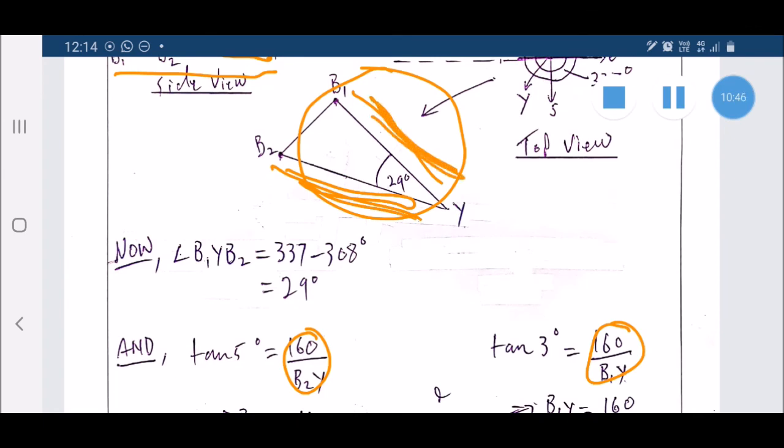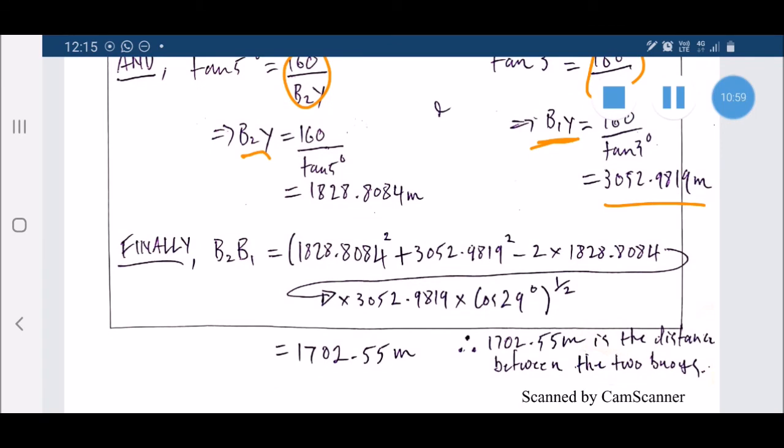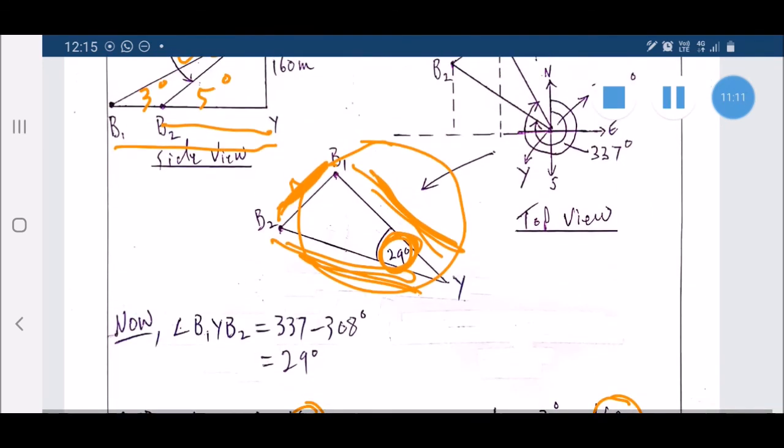And when you have those two side lengths and you have the included angle between them, you have everything you need to then go ahead and use the cosine rule to find the other side. And that's what I've done here. Looks a little bit complicated, but rather than use a square root sign, I've just done brackets and a power half, okay? So B2, B1 is this, so it's getting a little bit messy, this diagram, but B2, B1 is going to be equal to the square root of this side squared plus this side squared minus 2 times this side times